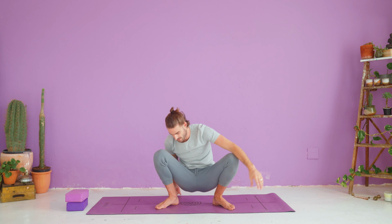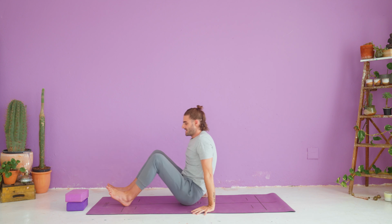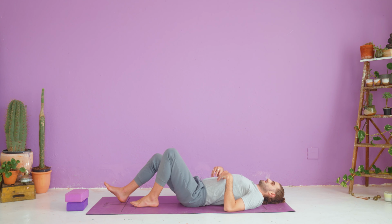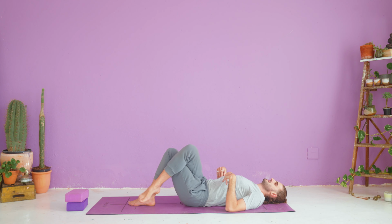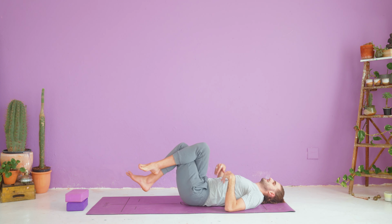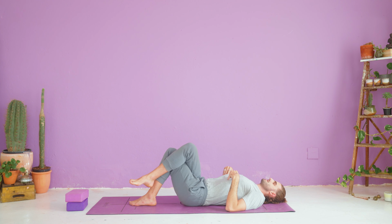So from here, we're going to make our way onto the ground. Lay yourself down onto your back. Well done. You're going to take your right leg, cross it over your left. You can always try and get the full eagle wrap around, but if it just feels comfortable to place over, that's totally fine. Take a deep breath in, and as you exhale, you're going to lower your legs over to